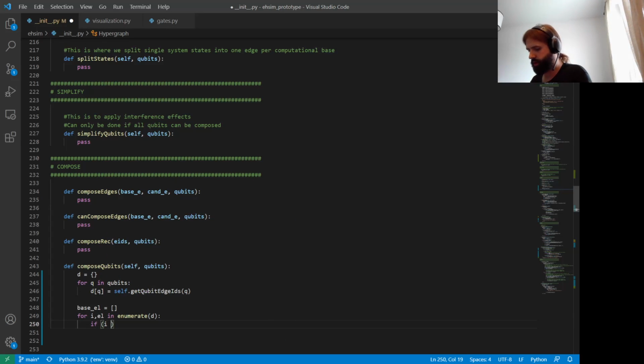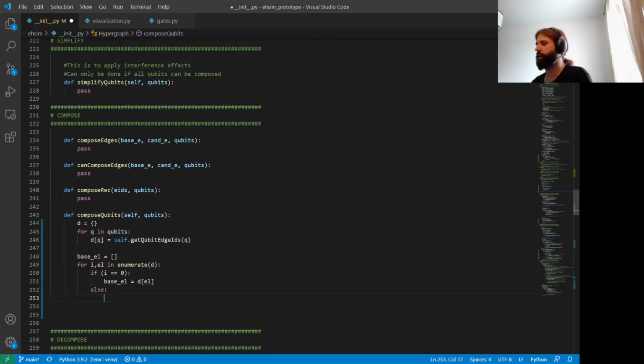If i is equal to 0, I will just load up the base elements, being this in here. Else I want to compare